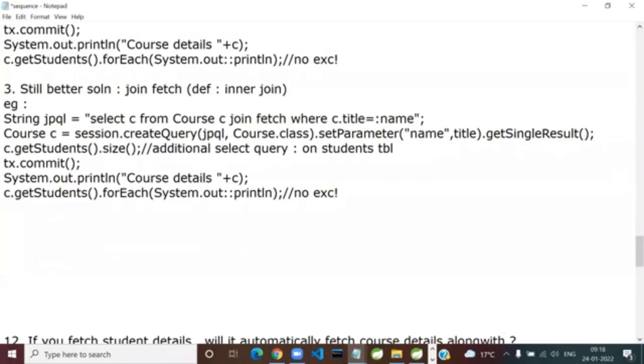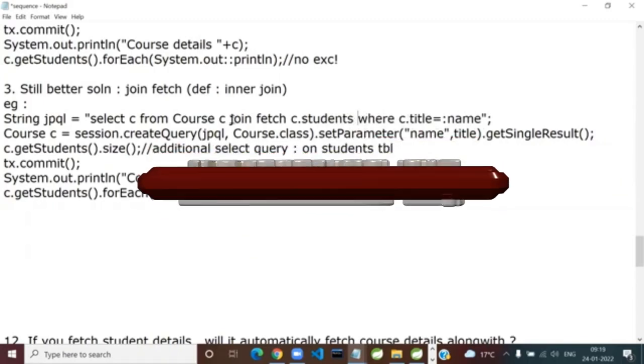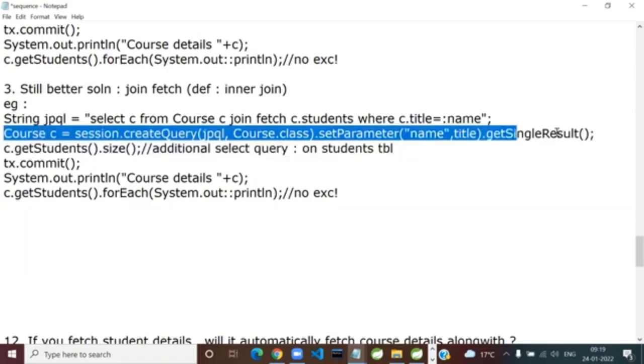So join fetch. After that comes what? Property name or the column name. In Hibernate, you forget about tables, columns, database at all. So c.students, rest of it is the same. Now tell me, when this line is executed, how many queries will be fired at this line?